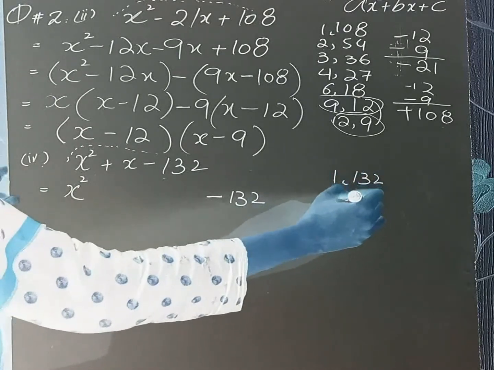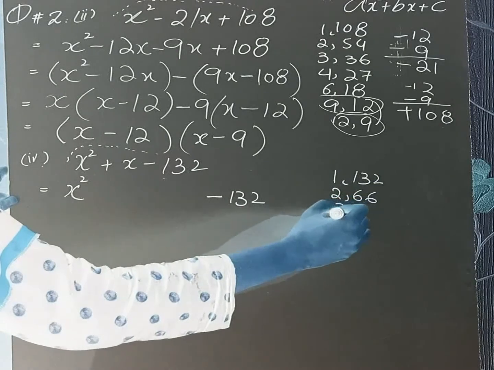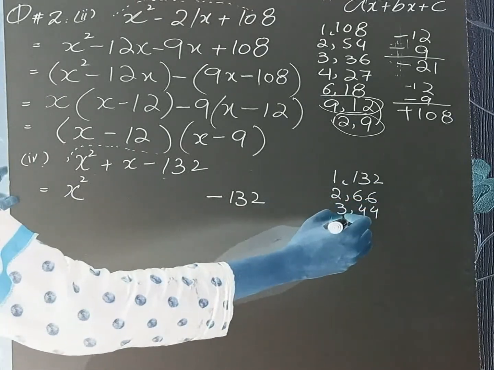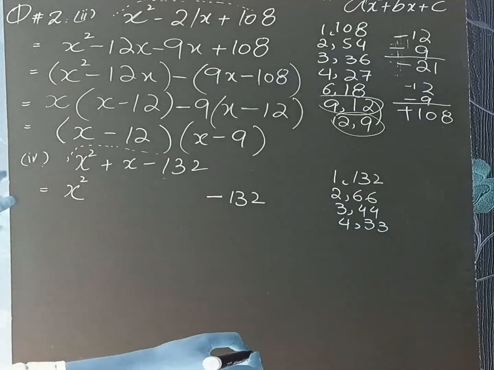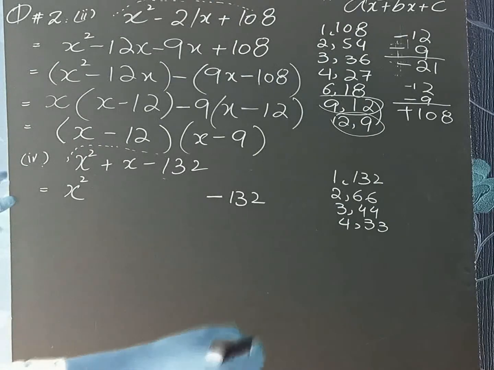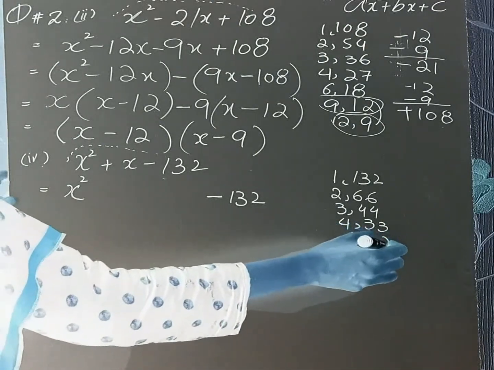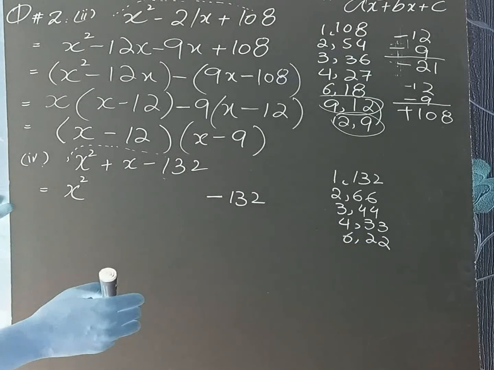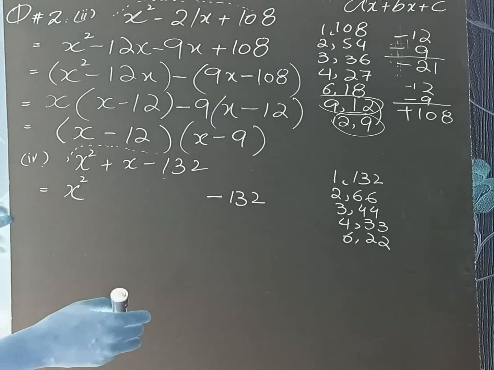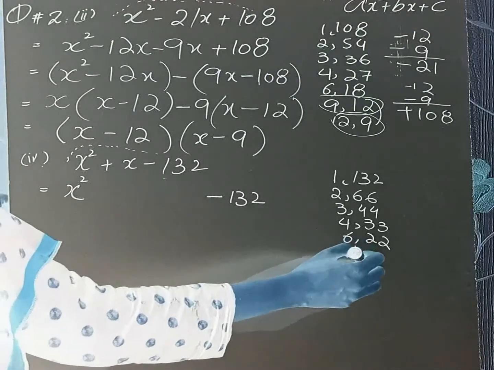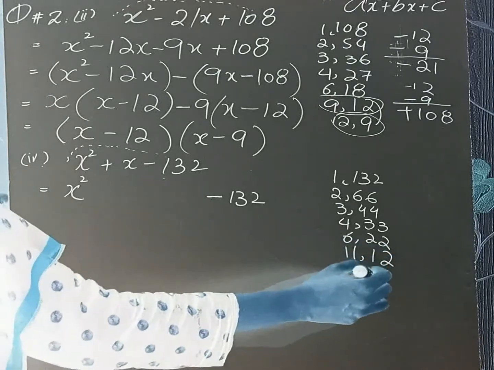2, how many times? 6 times, 2 into 66. 3, 4 times 12, 44 times. 4, 33 times 132. Then 5, we cannot divide by 5. 6 we can do, 6 two times, 22. With the table of 7? No. With the table of 8? No. 9? No. With the table of 10? No, we can't. 11? Yes, 11. 11 one times, 11 two times 22, and then 12, 11 times.